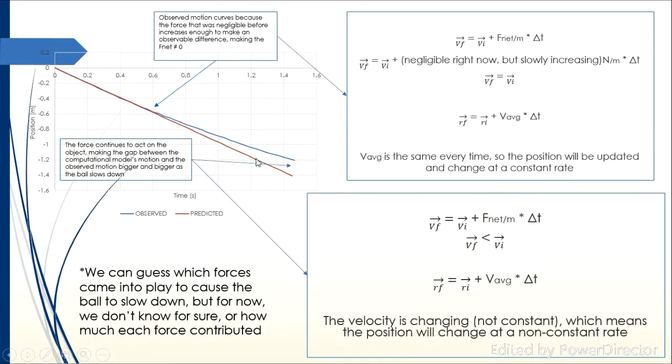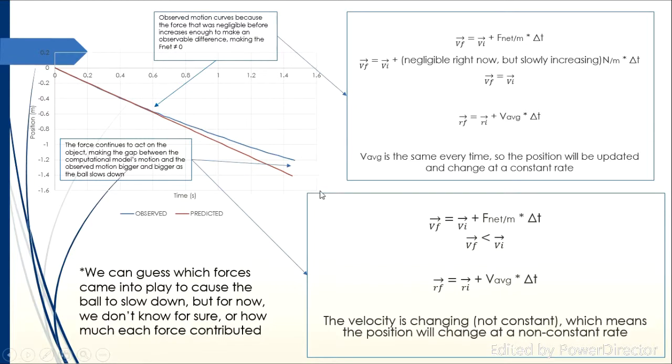But when we get to this point, the F net is big enough that it makes a noticeable difference. The final velocity will be less than the initial velocity because as the velocity keeps updating, the net force is still going to be in play. So, the position is going to change at a non-constant rate because the average velocity will continue to decrease,